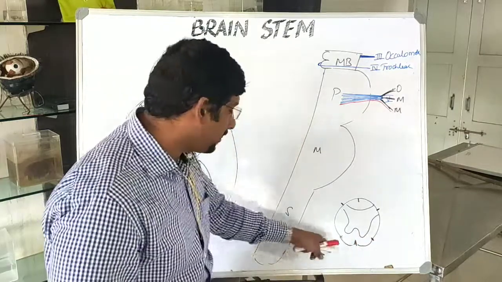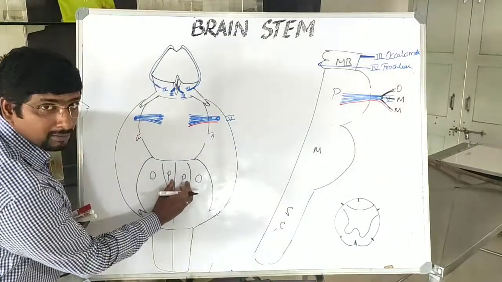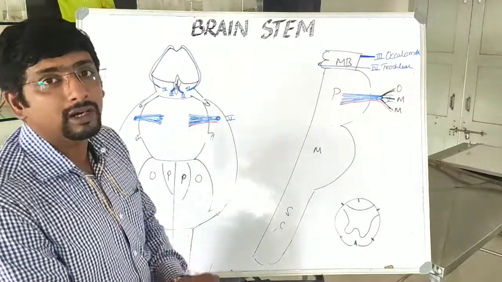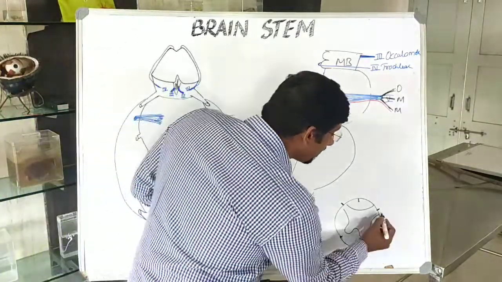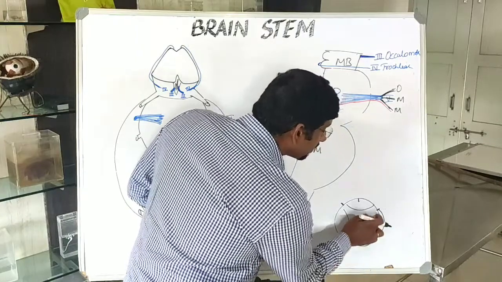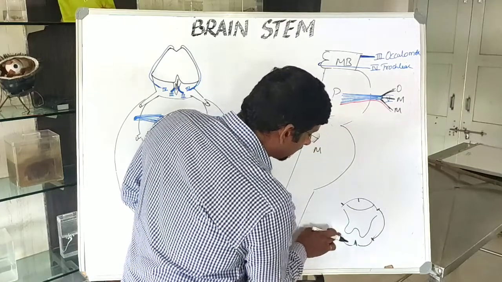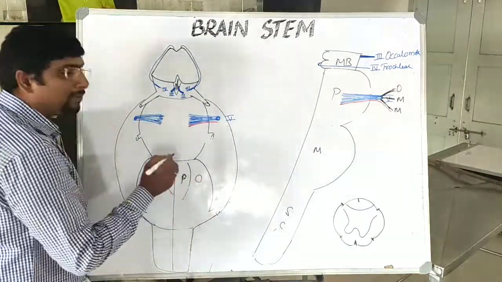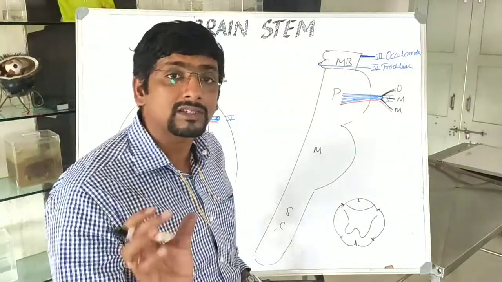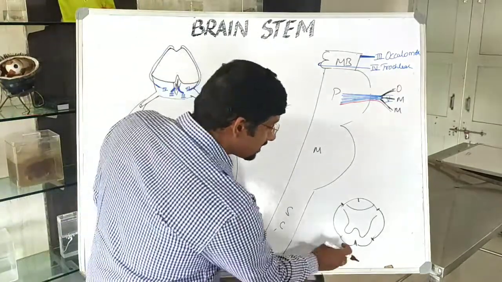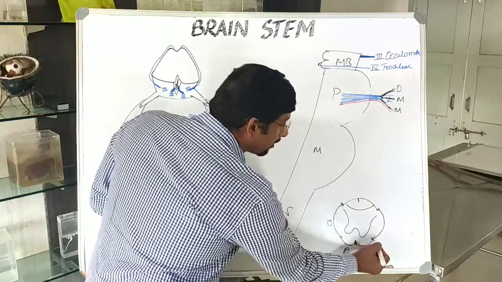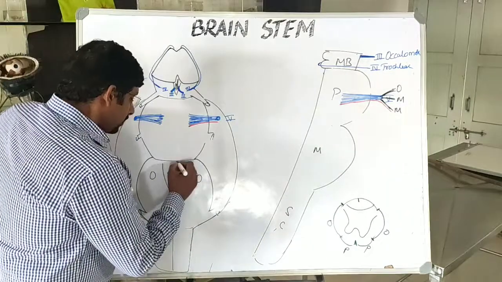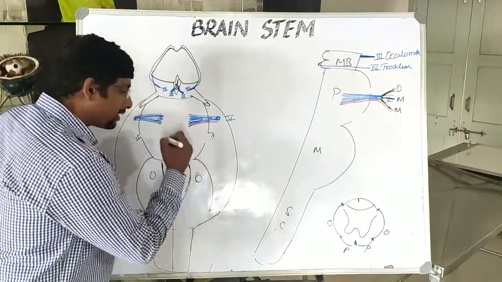This anterolateral part in the medulla oblongata will become the pyramid part, where the motor decussations take place. And this area from the anterolateral to the posterolateral area will become the olive part, because of the presence of the inferior olivary nucleus in the medulla. So this is the pyramid and this is the olive in the medulla oblongata.